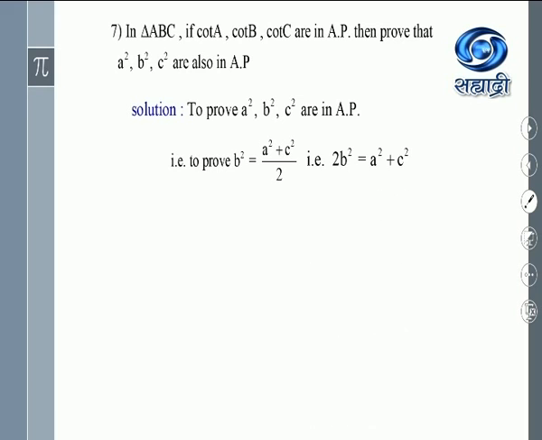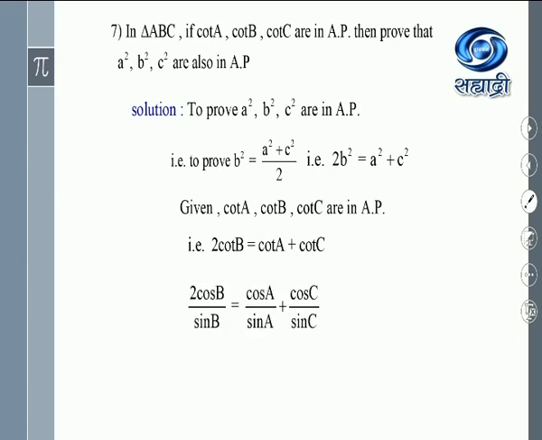Okay, now the given thing is what? cot A, cot B, cot C are in AP. We always start with a given condition and we'll reach the final answer. Okay. Now, with the same property, which is the property if A, B, C are in AP, 2B is equal to A plus C. So 2 times cot B is equal to sum of the extremes, that is cot A and cot C. So we have 2 cot B is equal to cot A plus cot C. So this is with us and we are proving this one.